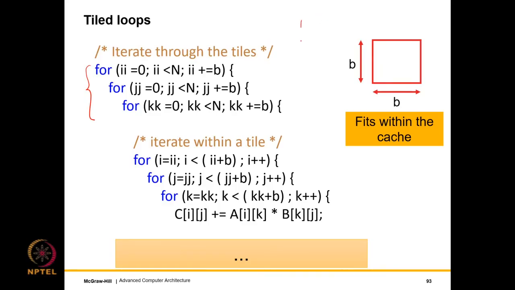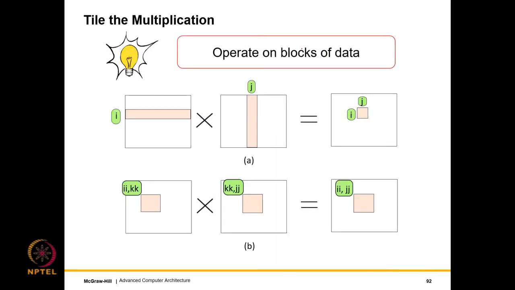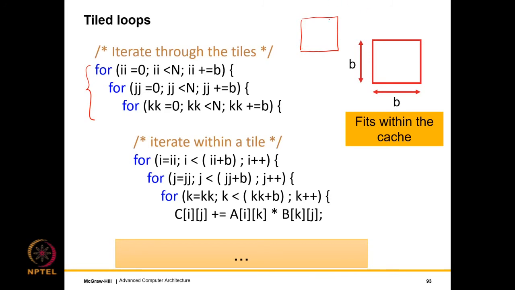So we divide the matrices basically into small tiles, as you have seen over here. And each tile, each b cross b tile, is assumed to be small enough such that it fits within the cache. So what we do is that we are multiplying two matrices over here, right? And whenever we multiply, we consider the ith row over here and the jth column over here, where k is the iterator. So in this case, instead of the ith row, we consider a set of rows, which is basically the tile size over here. So we consider b rows.